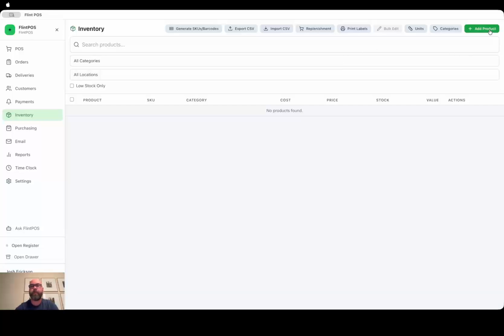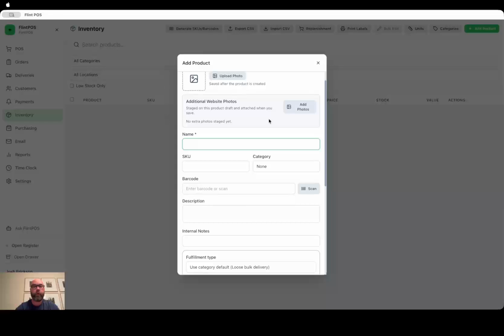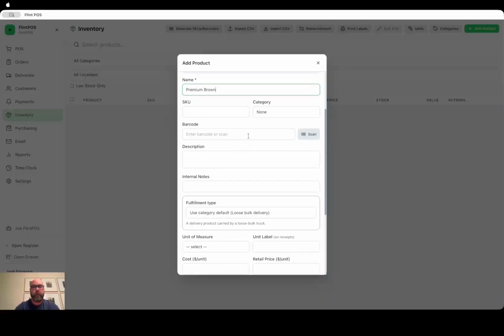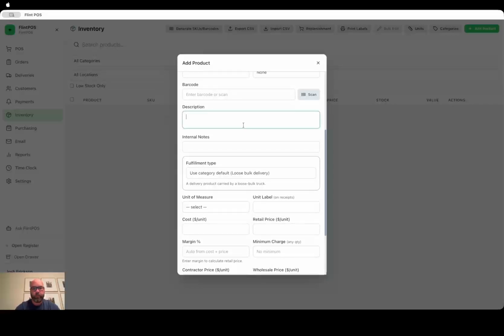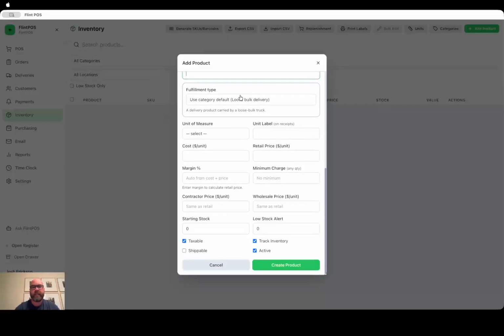So go ahead and click Add Product, and the Add Product window pops up. So right off the top, you can see you can add photos, you can add additional photos, and you can name it. So in this demonstration, we're going to do Premium Brown. Okay. And you don't have to get too fancy with it yet. And we can give it a description. Oops. Let's ignore my spelling mistake. And any internal notes that you might have,